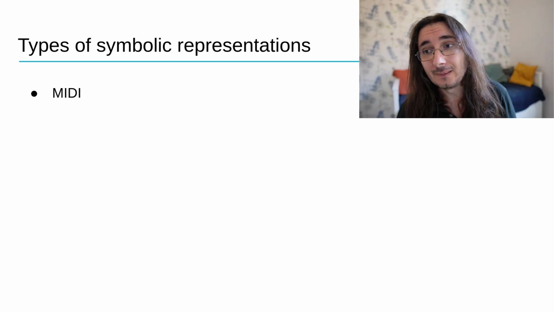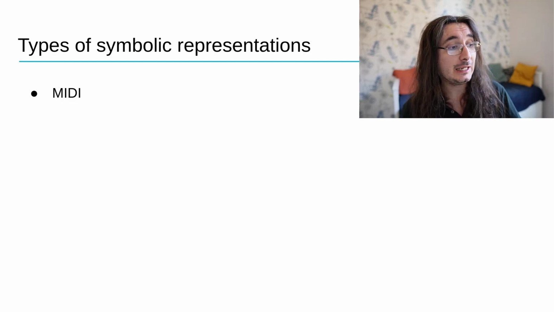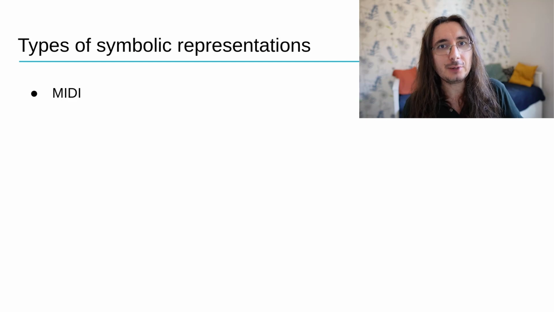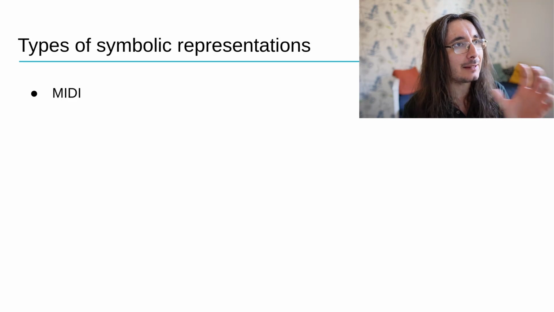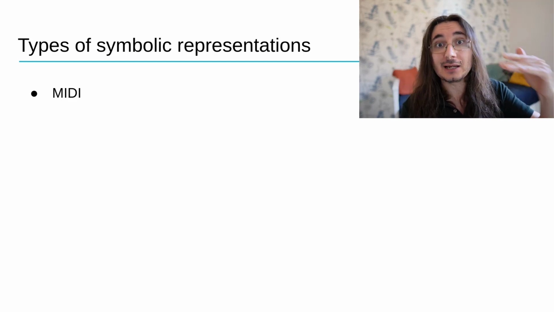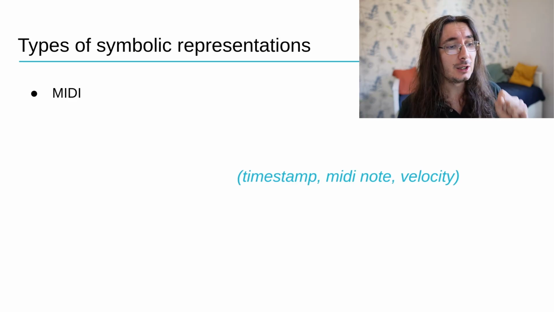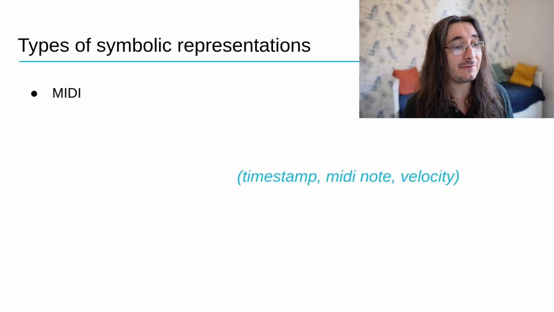That's a protocol that musical software and musical hardware leverage in order to transfer musical information. So for example, if you have a DAW, like Cubase, and you have a keyboard, and you want those two to communicate musical information, you're going to be using the MIDI protocol. Now, with the MIDI protocol, we can formalize a note event, a musical event. It's a simple tuple where you have 3 pieces of information. You have a timestamp, so when that musical event starts,